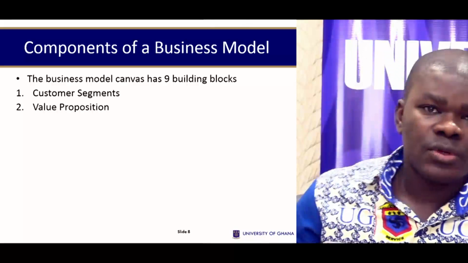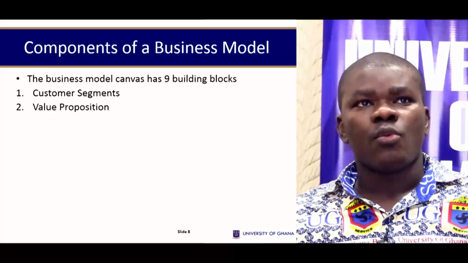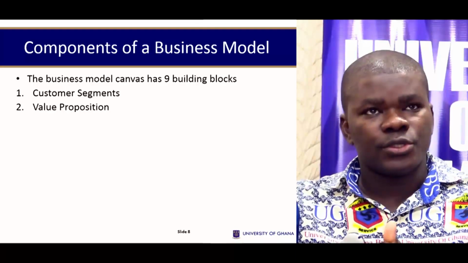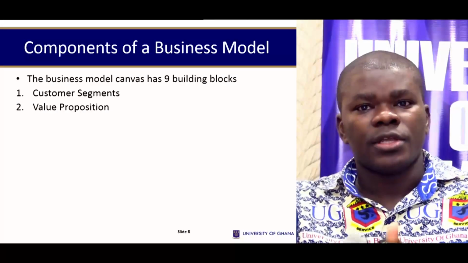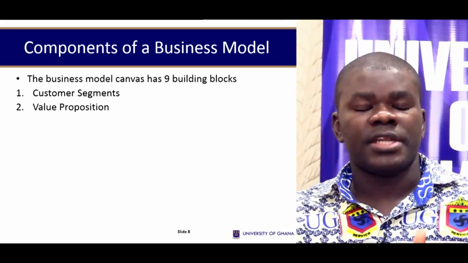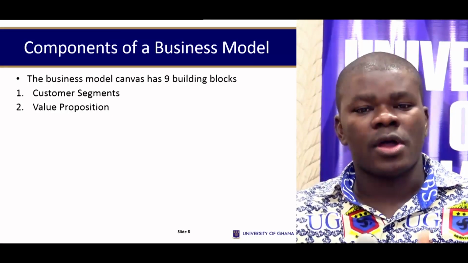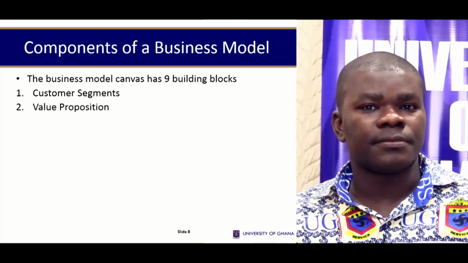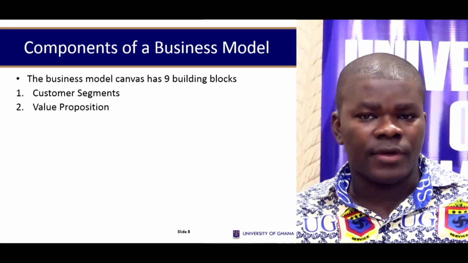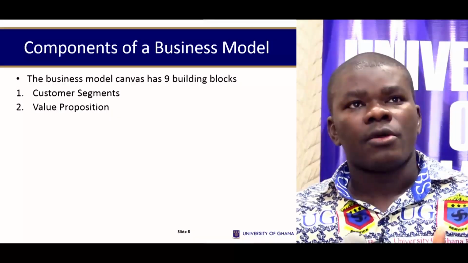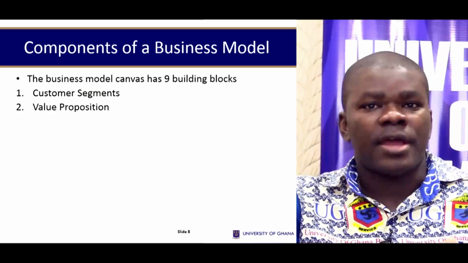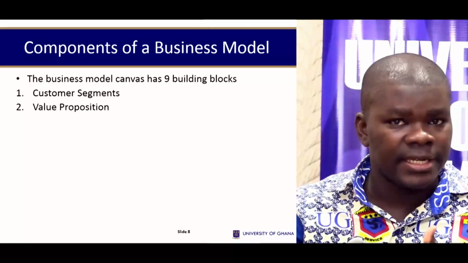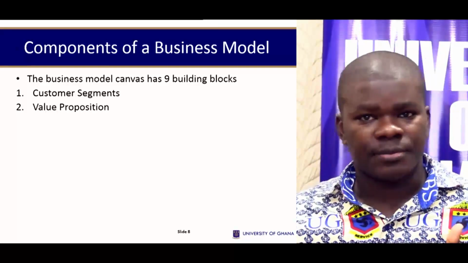The second thing we are going to look at is your value proposition. When it comes to value proposition, we are saying, what are you offering to each of the customer segments? So if you are into, let's call it an agric business, or you are into farming, maybe farming of poultry, or you are producing Ghanaian rice, locally produced rice, what are you offering to the Ghanaian customer? Are you offering something that is much more nutritious? Are you offering something that is African or Ghanaian? How are you positioning yourself as a business?